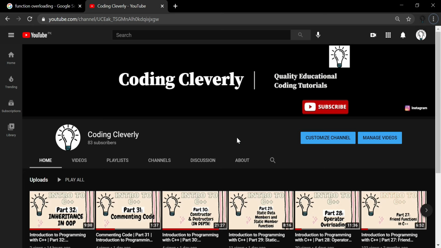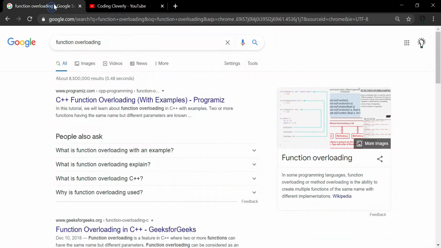Function overloading basically is the beginning building block. It doesn't cover that much of OOP, and it's not based on OOP, but function overriding is based on it. So when we come to function overloading, it's basically a feature, or method overloading,